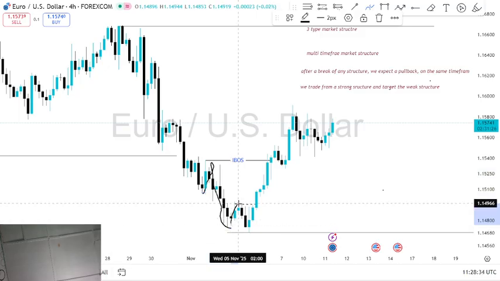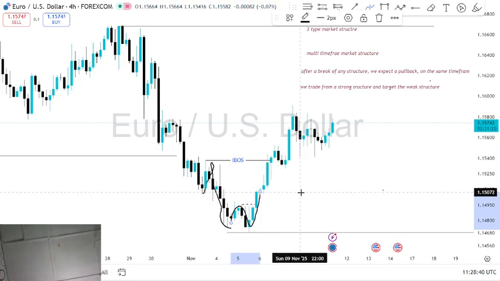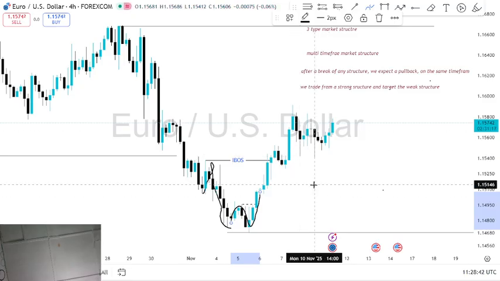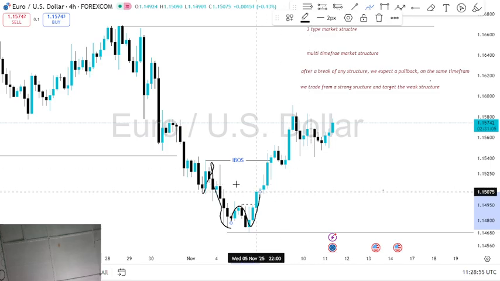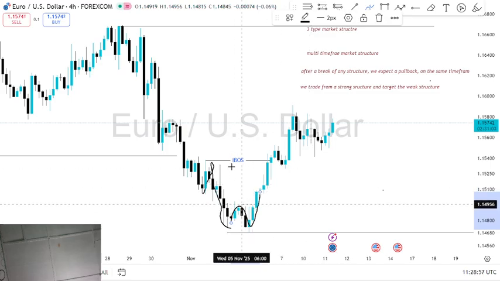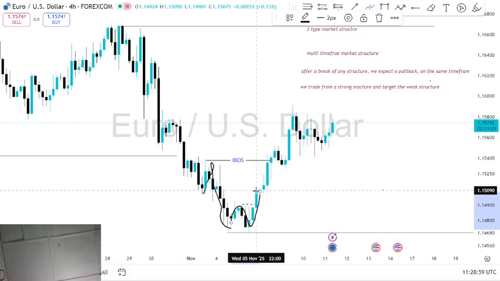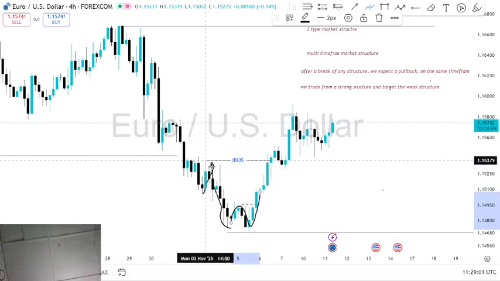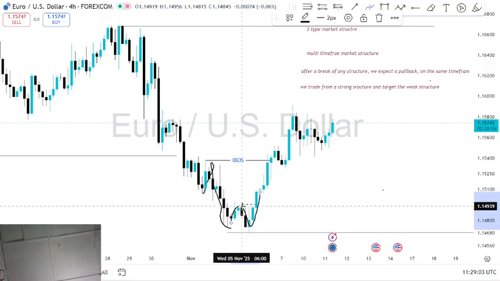So when we have this pullback, which is the fractal structure, and we have a fractal change of character, it means the fractal strong structure has been broken. That's the essence of change of character. So when we have a change of character, it is the true confirmation that the internal pullback is starting,